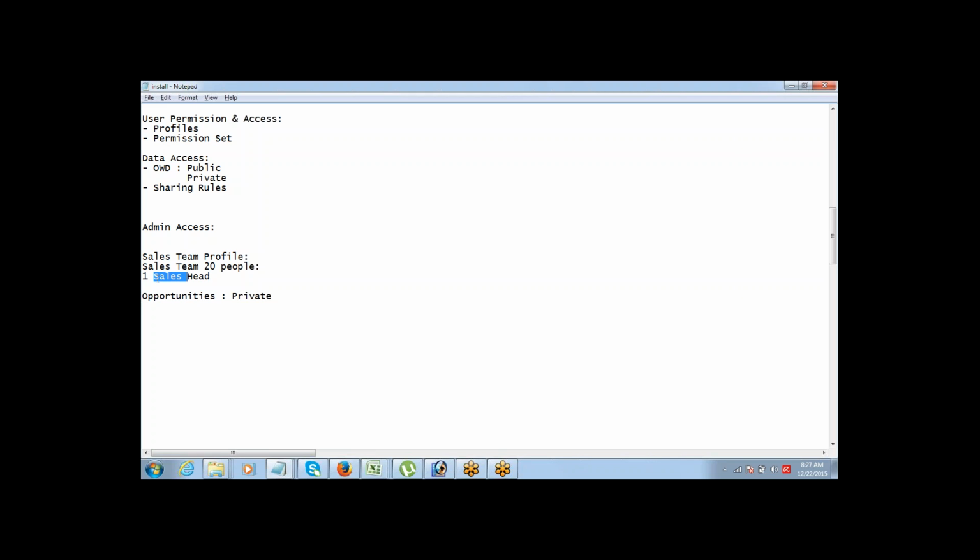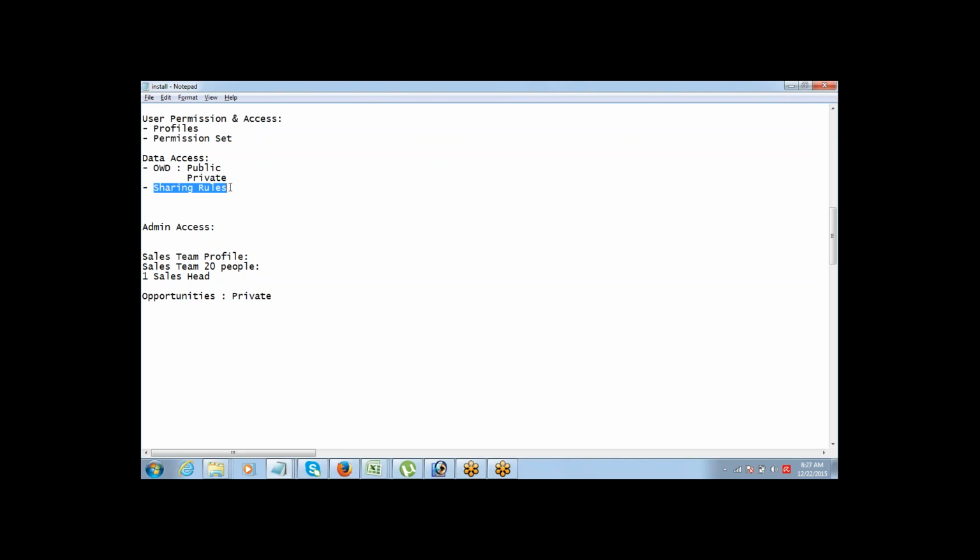Now, when someone needs access to all the records, then view all is a better option. When someone needs access to a small section of data, then sharing rule is a better option. Let's say out of this entire sales team, I need to access only Venkat's data, use sharing rule, right? But if I need to see everyone's data, no matter who that person is, then defining a sharing rule will not be a good solution.